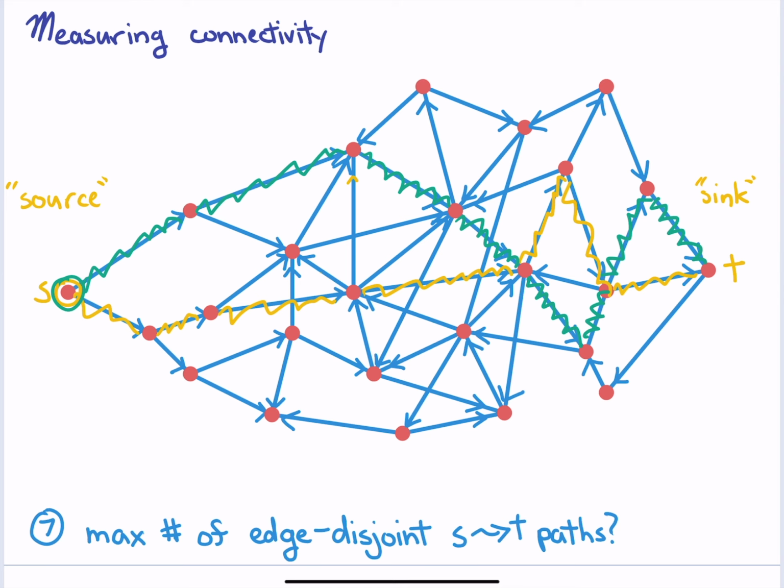Whereas if it's just having one disjoint path, well, having seven disjoint paths is maybe a stronger connection than three or something. So max is just to emphasize bigger is more connected. Yeah. So if I just wrote the number of edge disjoint S to T paths,